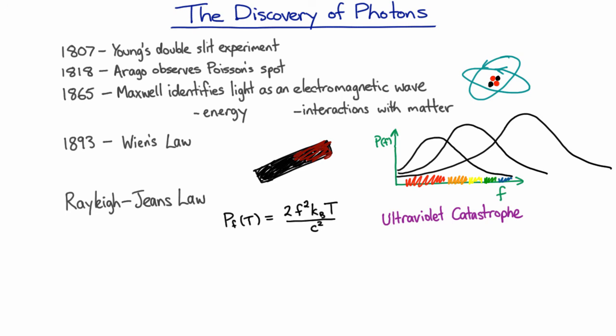So despite the fact that the Rayleigh-Jeans law was properly treating thermodynamics and it was properly treating light as an electromagnetic wave, its steadfast refusal to act reasonably, never mind like experimentally observed fact, was extremely frustrating to another person working on the same problem, who was Max Planck. And in 1900, he became so frustrated with the difficulty of making his model fit experimental observation that he started making some crazy assumptions. In particular, he made one assumption that led him to get the right form for the black body law.